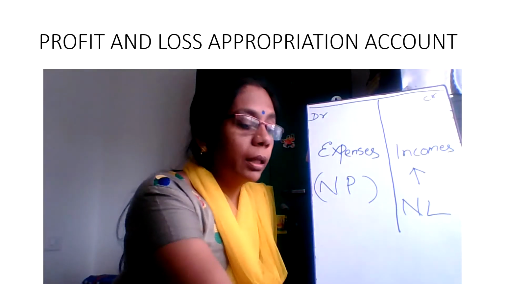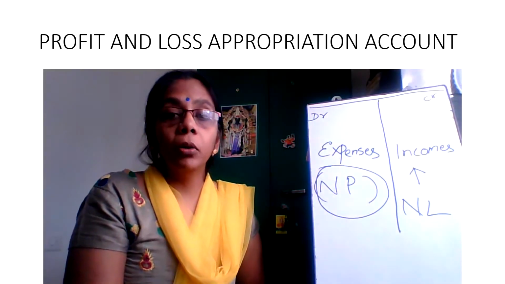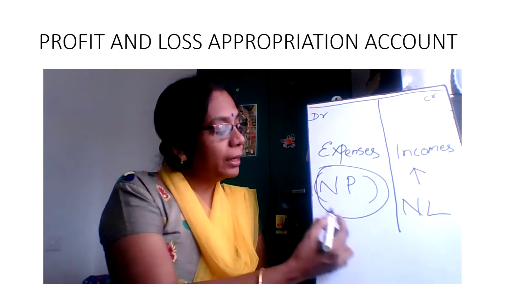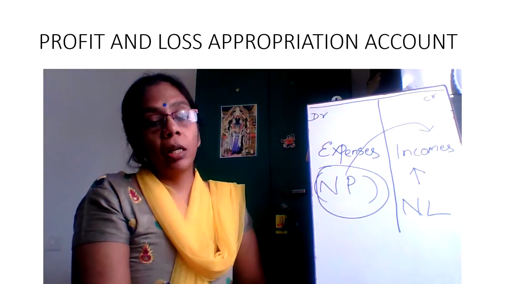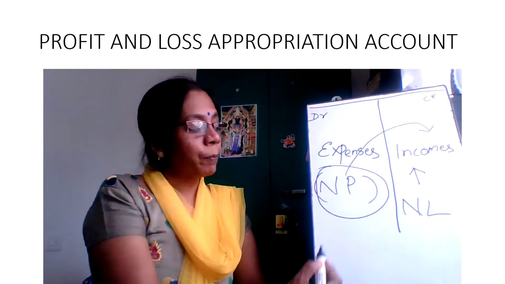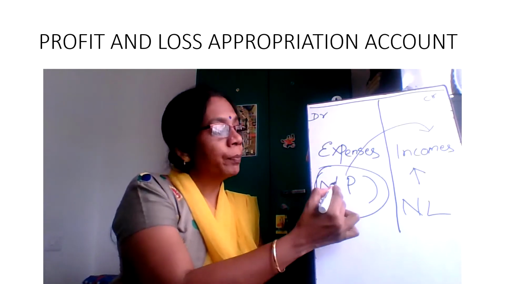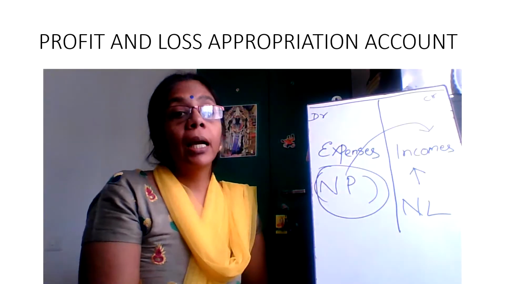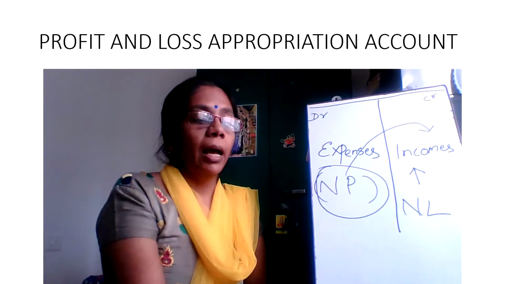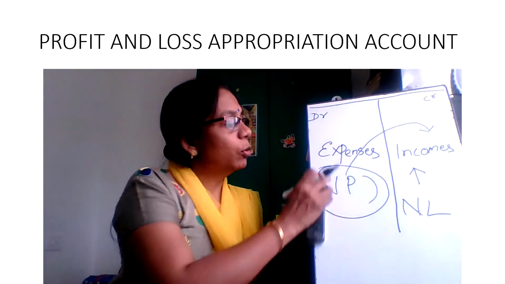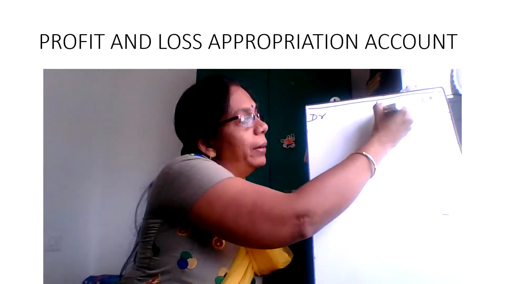Now here, this net profit, whatever was shown in your profit and loss account, will be brought forward to the opposite side of the appropriation account. Students, I repeat this. The net profit which appeared on the debit side of the profit and loss account has to be brought forward to the credit side of the appropriation account as its opening balance. And in case it happens to be a loss, it would be vice versa. That is, you need to bring the net loss onto the debit side.